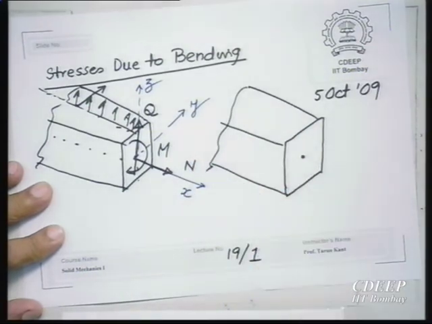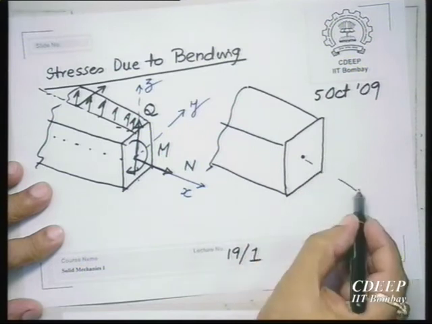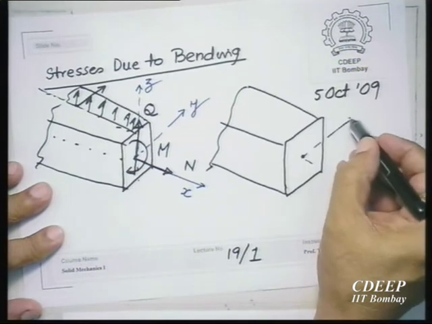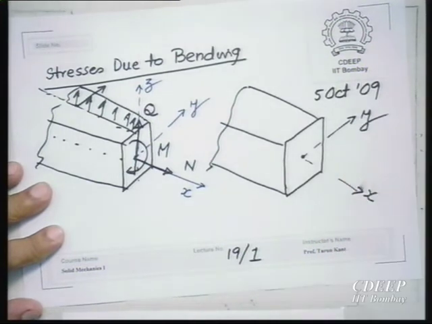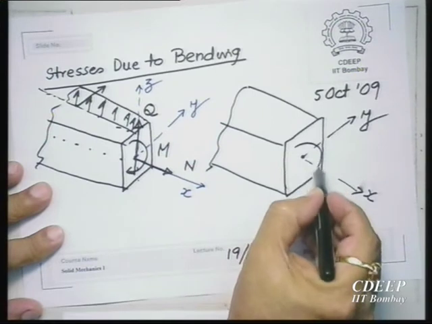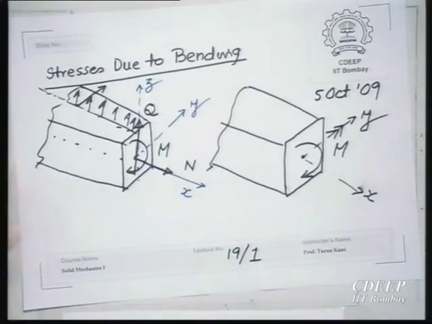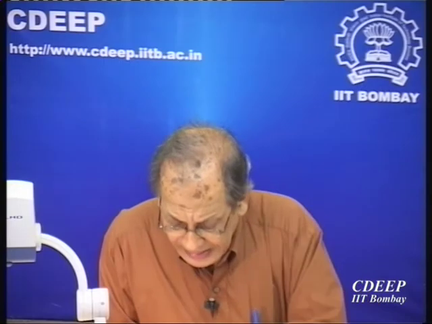let us assume that this cross section is subjected to pure bending. Once we know about it, then we will go to the next step of finding out what happens when, along with bending, you also have a shear force Q. Is it okay? So we will study